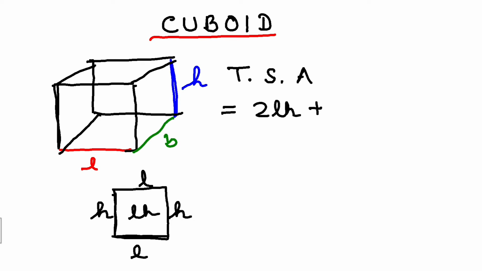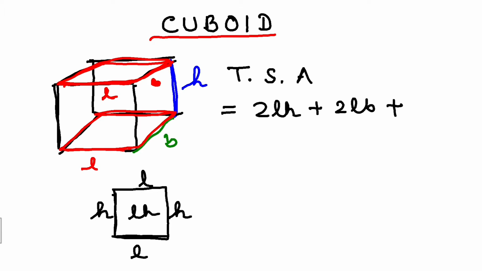So look at the top. If you look at the top surface, that means this one I am talking about, this is also a rectangle. This is my length and this is my breadth. So the top is LB, length into breadth. The bottom is also LB. So 2LB from the top and the bottom. Now from the sides, if you look at this side over here, this will give you BH. This side will give you another BH. So I'll have 2BH.